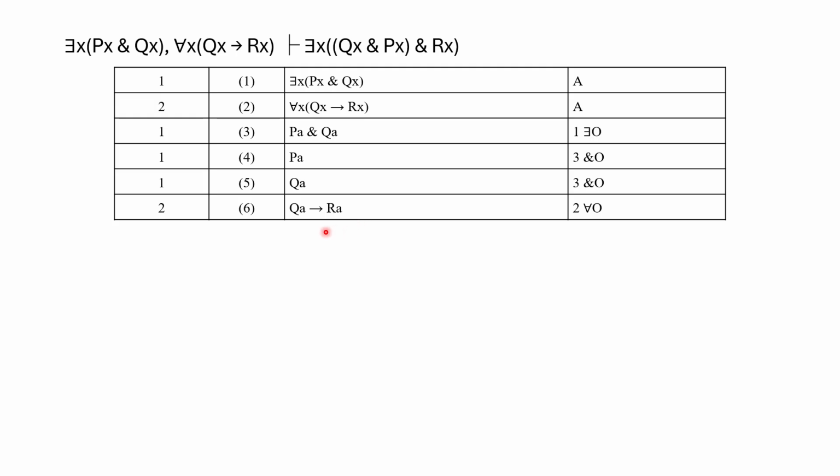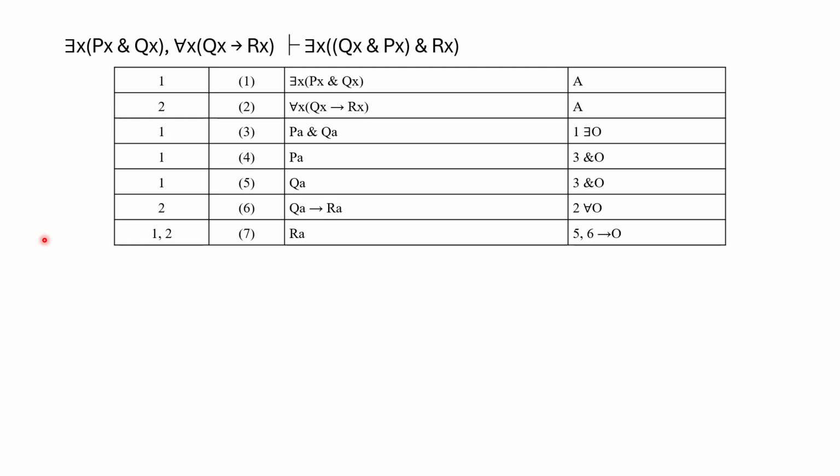And now I've got this conditional statement. I've got the left side of this conditional statement. So in line 7, I should be able to get the consequent. So RA from 4 and 6. From 5 and 6, not 4 and 6. And then now I've got RA, and looking at what I need,